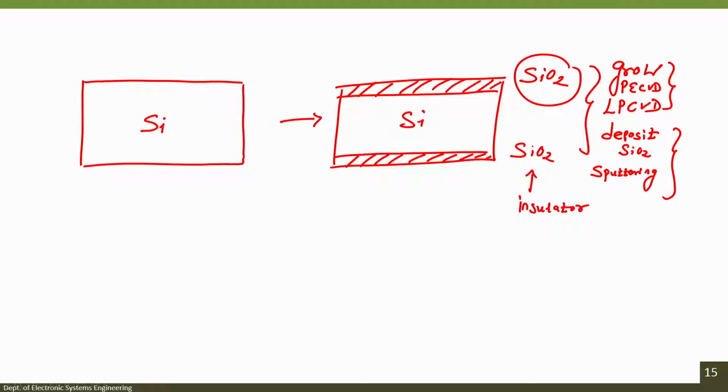Now, as a starting process, the substrate is N type silicon. That means a silicon wafer doped with pentavalent impurities. Now, I want to create a P junction inside the N type silicon wafer. So, what can I do?